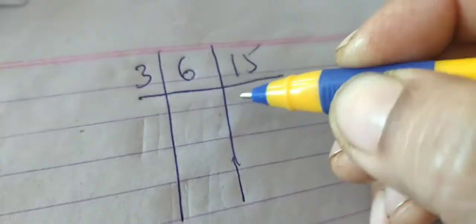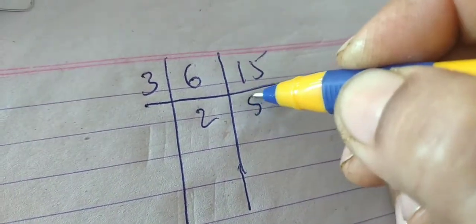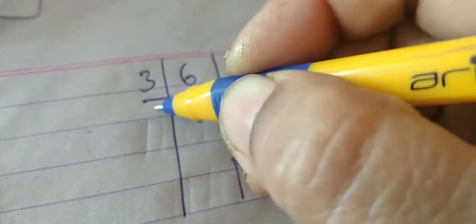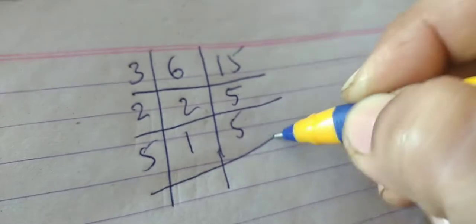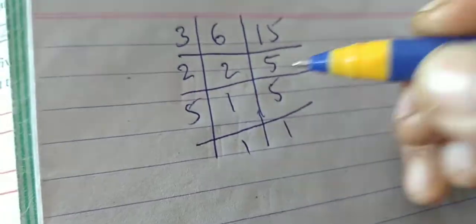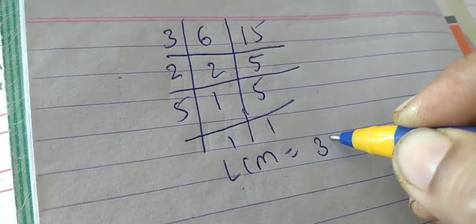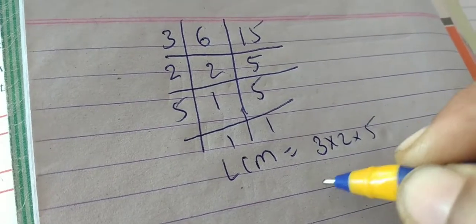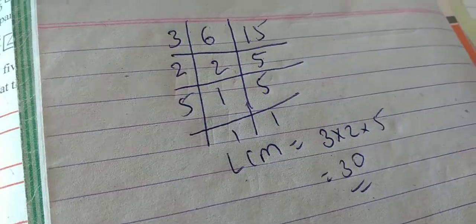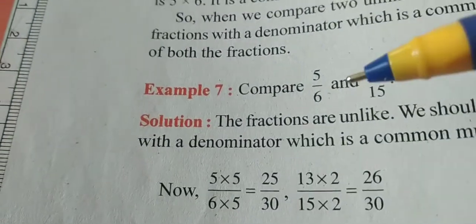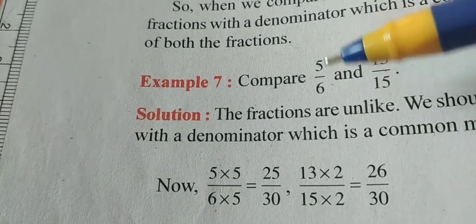So we start: 3 2s are 6 and 5s are 15, then 2 1s are 2, 5 remains as it is, and 5 1s are 5. So what's the LCM? LCM is equal to 2 5s are 10 and 10 3s are 30. 3 multiplied by 2 multiplied by 5, that's equal to 30. LCM is 30. Now after you get LCM, what you have to do is you have to convert the fraction,